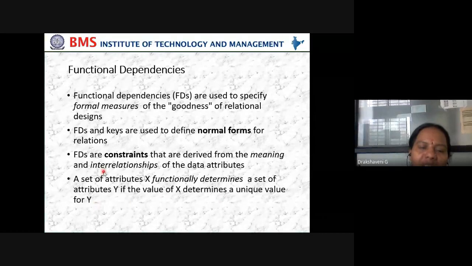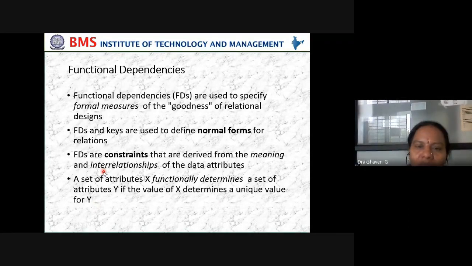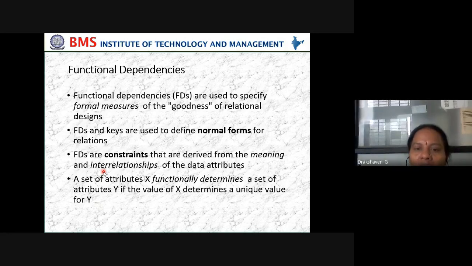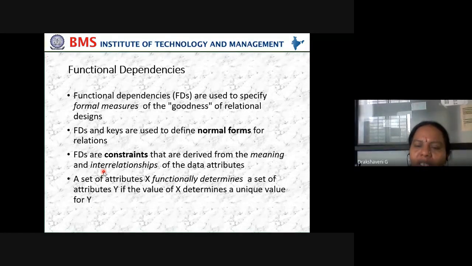So what is a constraint? Now, what is the student's constraint? If it is third semester, they have to study DBMS, software testing, Python. Like this is the constraint. For third semester, how many subjects? So many subjects. How many labs? 3 labs. So like this, we have a constraint. And what is the relationship between all the data? If I say 31, which subject is it? DBMS. What is 32? 18MCA31, 18MCA32. What is the relationship? It says 31 means what?